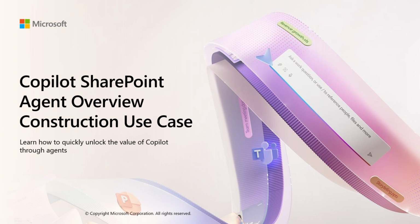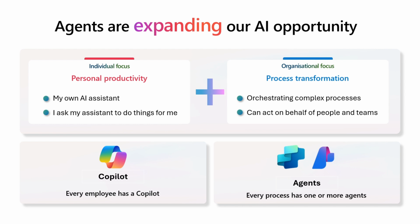In this video, we'll be talking about Copilot SharePoint agents and how you might be using these tomorrow. When we're talking about Copilot, there's a dual focus of AI assistance in enhancing both personal and organizational productivity. On a personal level, having your own personal AI assistant can really streamline tasks, allowing employees to focus on more